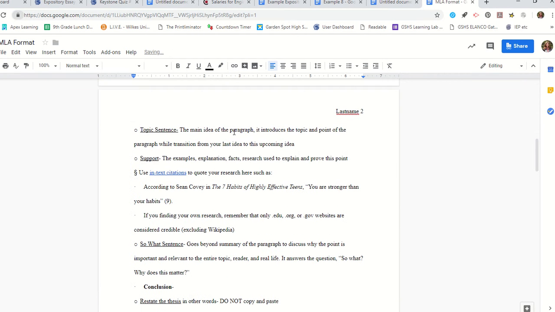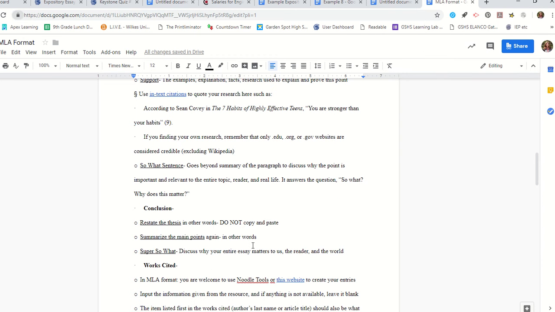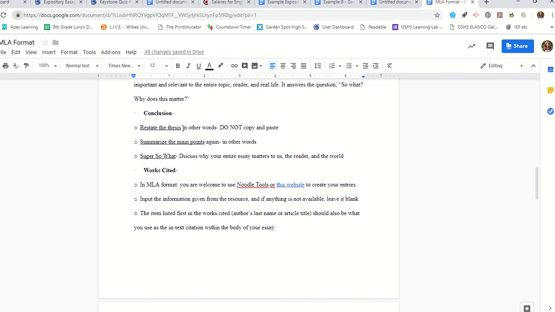Each topic sentence transitions from the previous idea, introduces the topic, and ties this topic to your claim in your thesis. Then you give supporting ideas, and then you end with why the topic matters. You repeat for each body paragraph. Then in your conclusion, you revisit